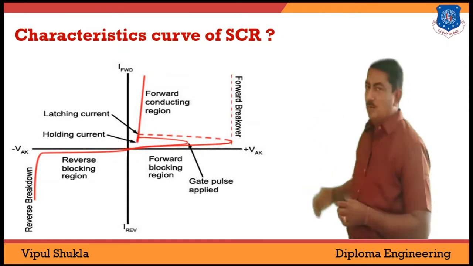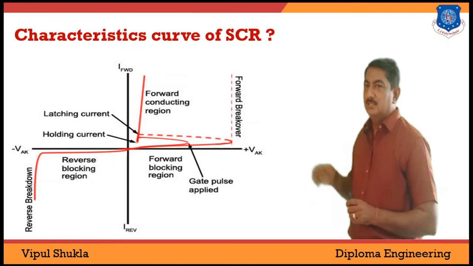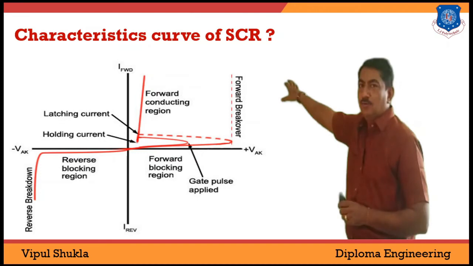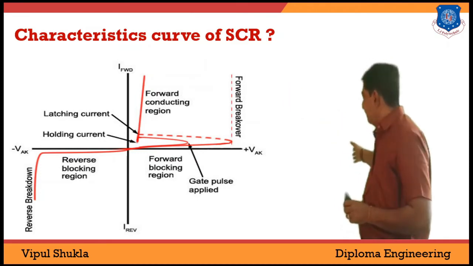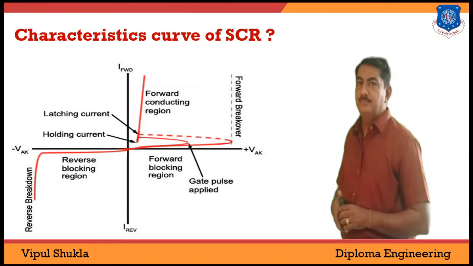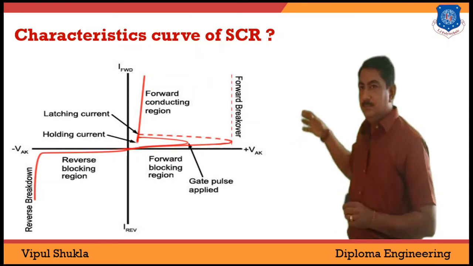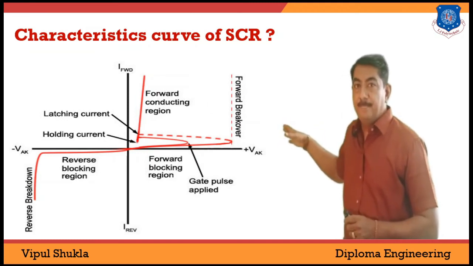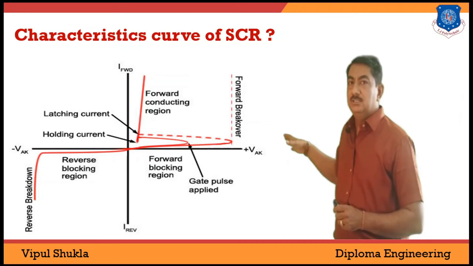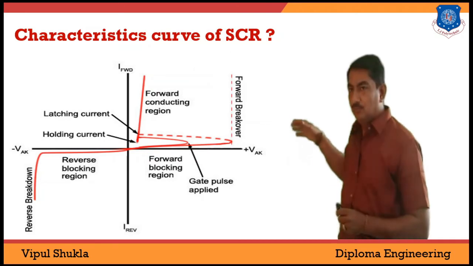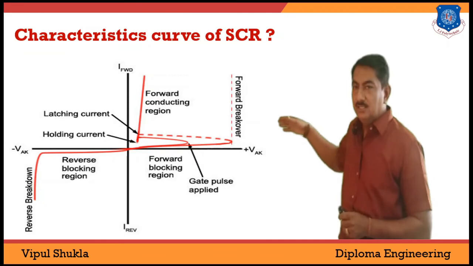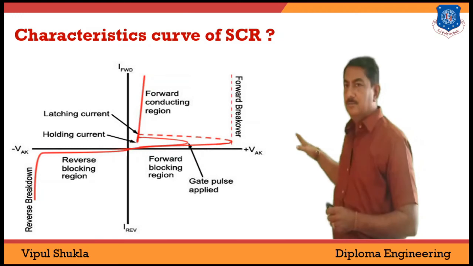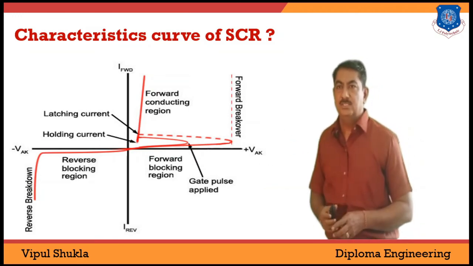Look at the characteristics of the SCR. This is the graph of voltage versus current. In this first part, this is the forward bias condition region, and this one here is the reverse bias condition region. Various situations exist in this plot, that is the latching current and holding current. During forward bias, the current sharply increases, and look at this forward bias and reverse bias pattern, which is totally a non-linear relationship.